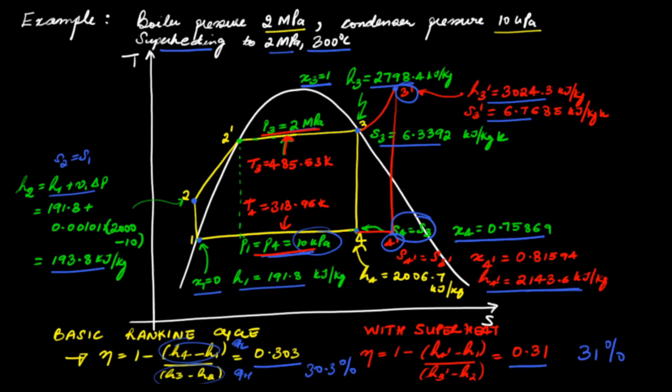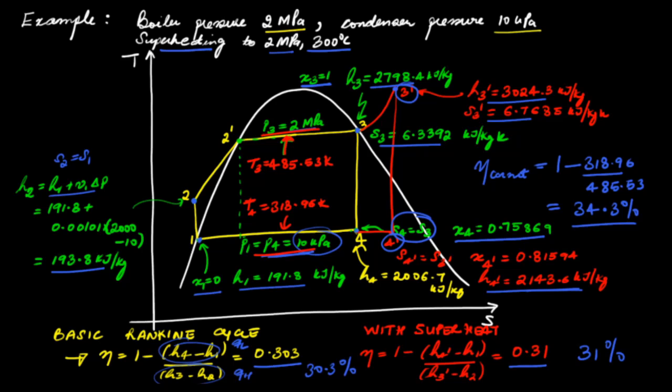So these are the temperatures, so the efficiency of the Carnot engine would be, and this comes out to be 34.3%. So as expected, the Carnot efficiency is higher than the efficiency of the basic Rankine cycle and the Rankine